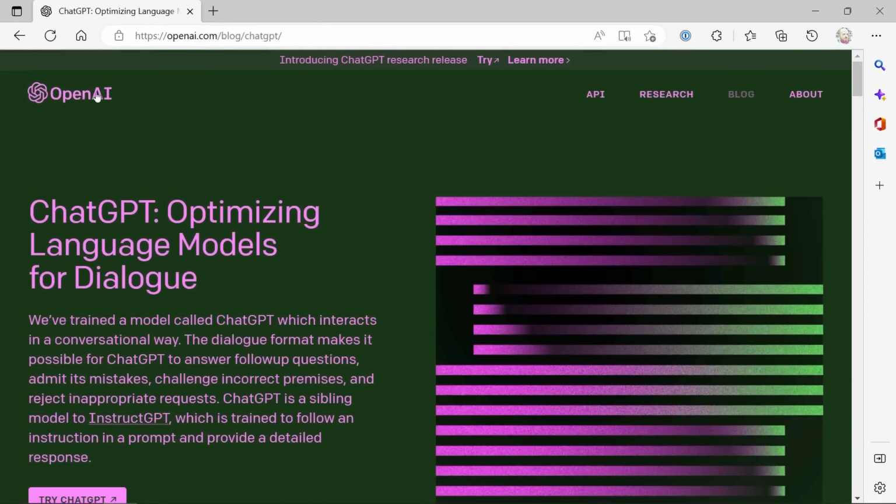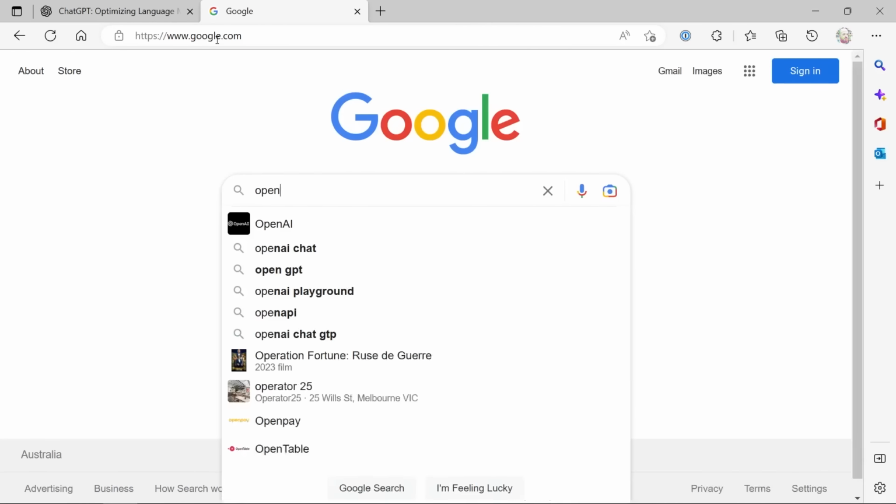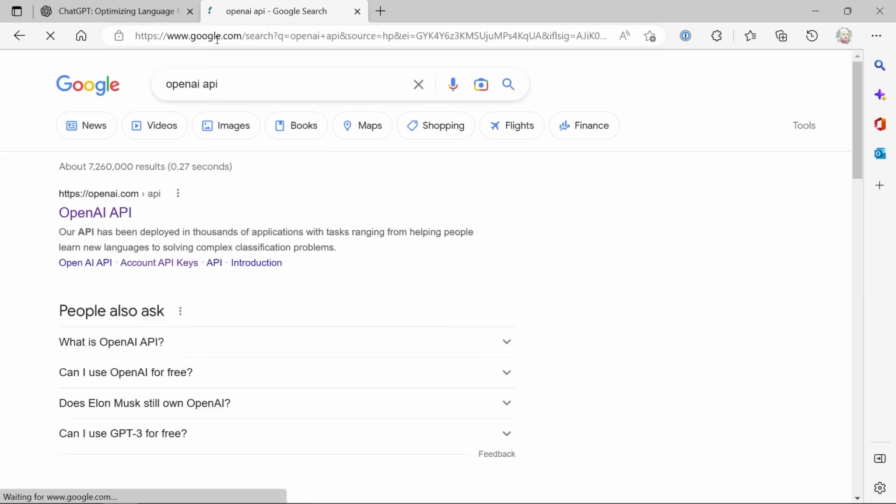I did call out OpenAI as the group that have created it, and so we're going to be using one of their APIs to create something sort of similar. As you saw in the demo, it's going to allow us to ask questions and get responses back. And it's not technically ChatGPT. It's one of the OpenAI APIs. In this case, the GPT-3 API. Lots of acronyms there. So if we just come back over to Google and we'll just search for OpenAI API